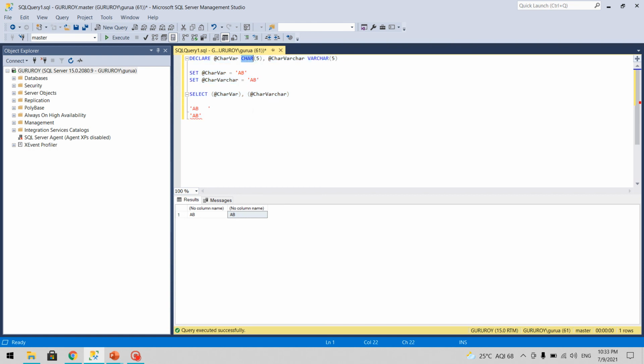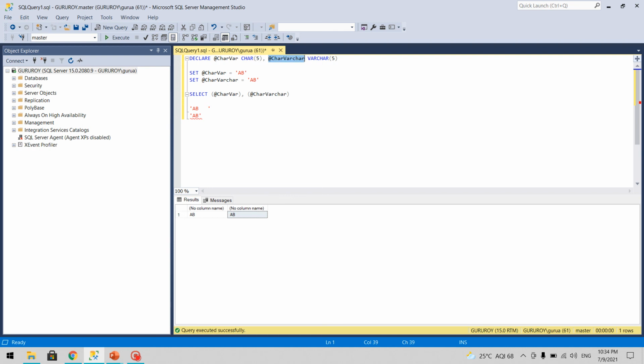So where to use varchar and where to use char? In case you are sure that this is going to be a short code kind of thing, let's say product code which is going to be 3 characters long most of the time, then we can go ahead and use char. But if there are names or descriptions where the length can vary up to a maximum of say 100 characters, then we'll go ahead with the varchar.